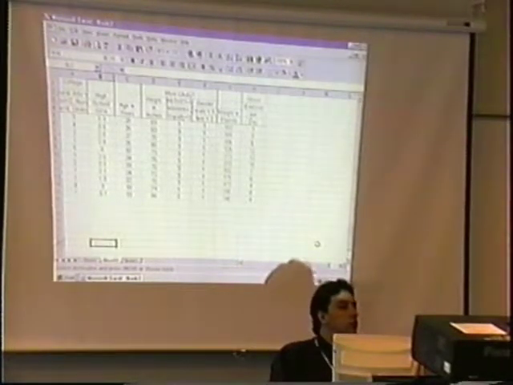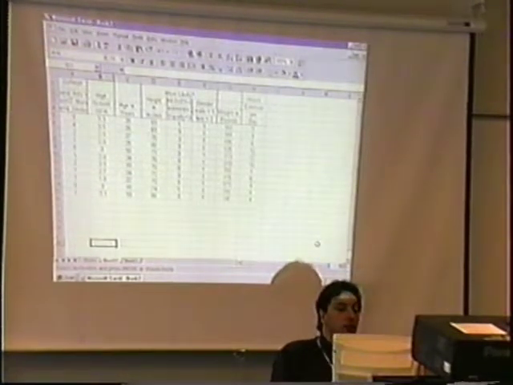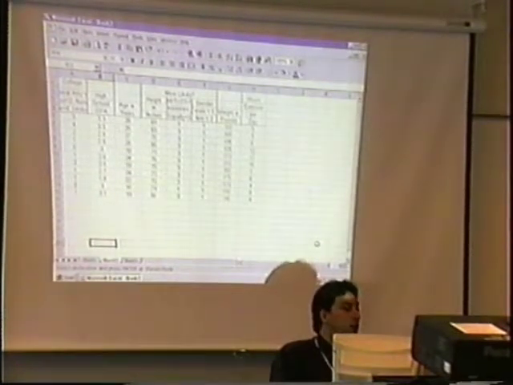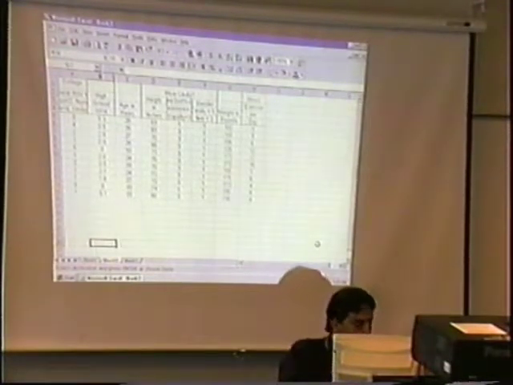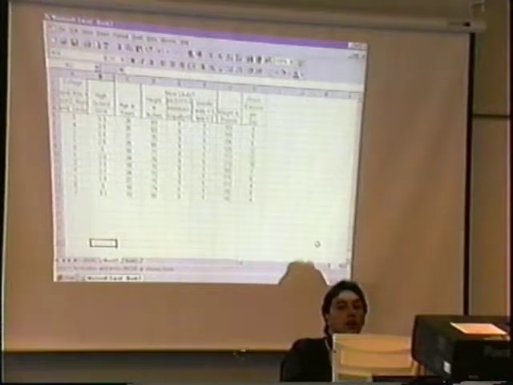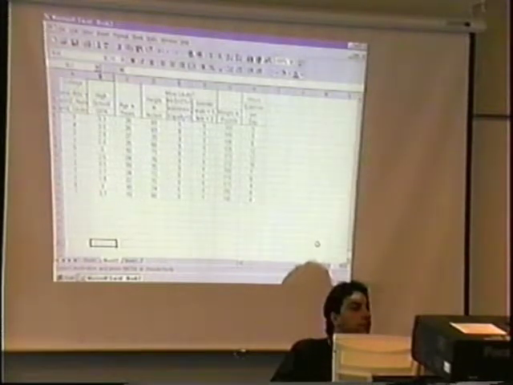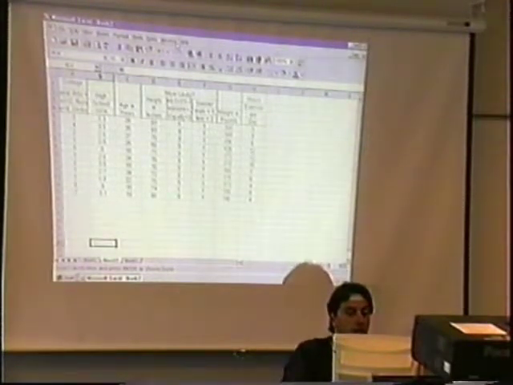So have you been able to do it on your computers down here? Okay, it's very sophisticated, and it has lots and lots of potential. So this is just a very simple example. Any questions about this? Okay, well let's move on to the next